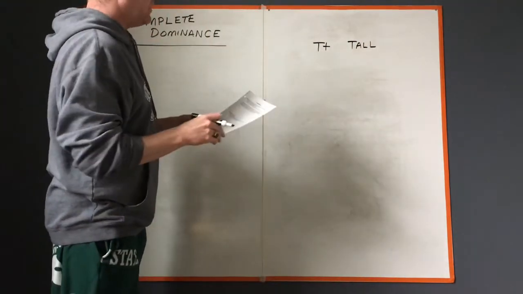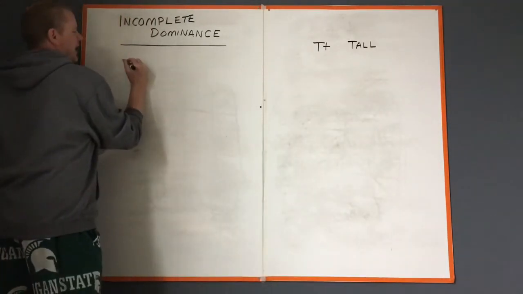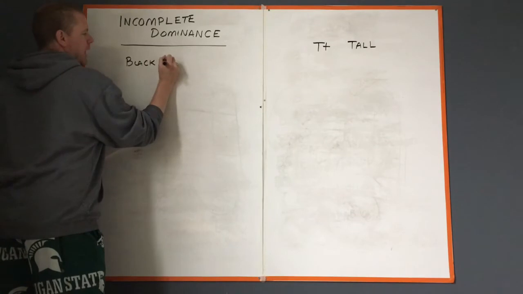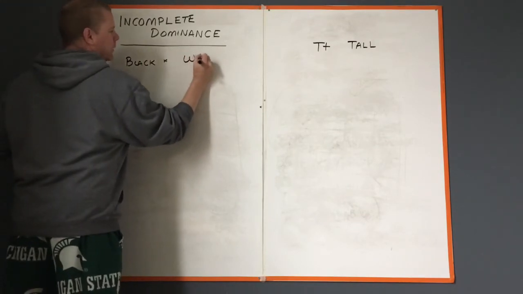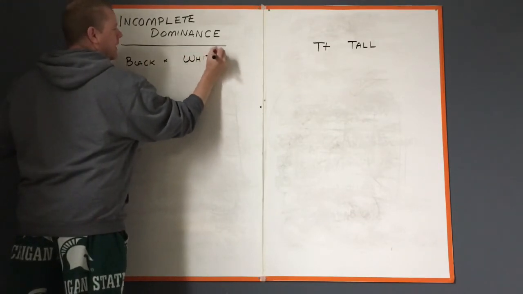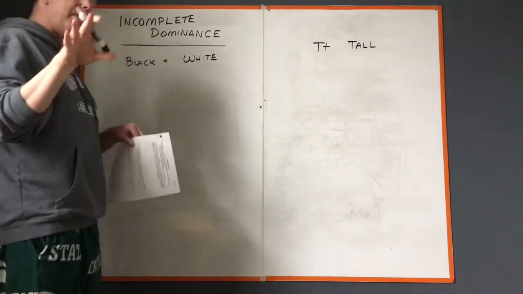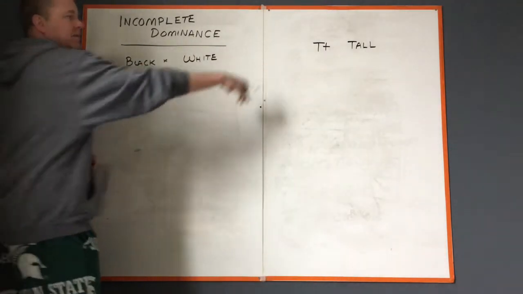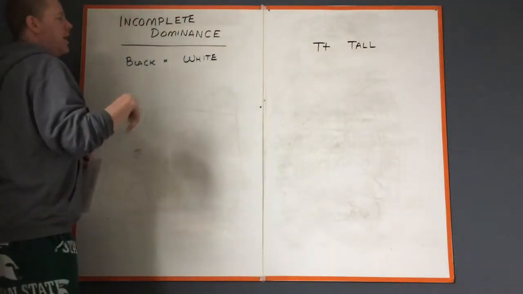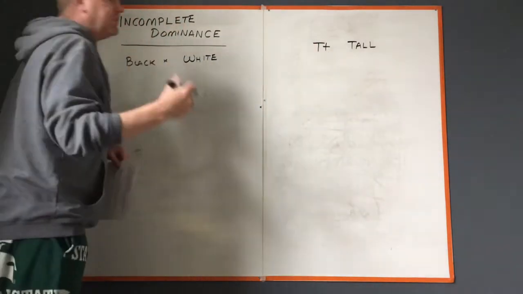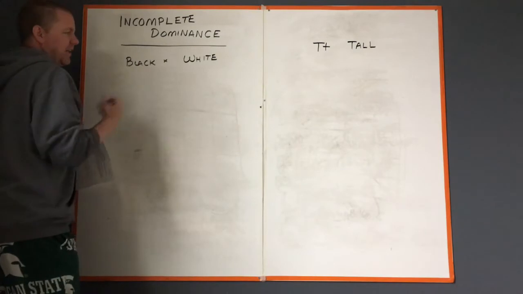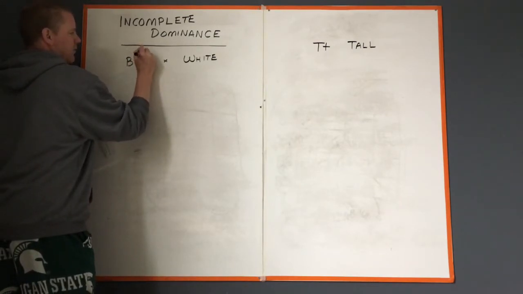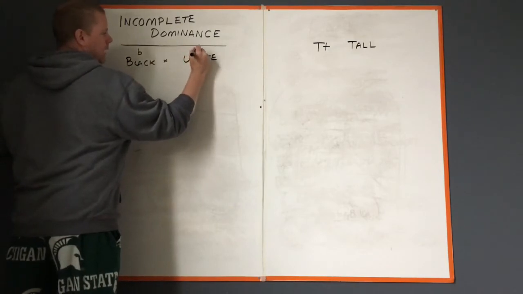So incomplete dominance is this. I take a black mouse and I cross it with a white mouse. Now, because this is incomplete dominance, and this is my preference, not all people do it, some will just use the heterozygous condition. But because neither one is actually dominant, what I do is I allow them both to have their own letter. So with black, I have a little b, and with white, I would have used a